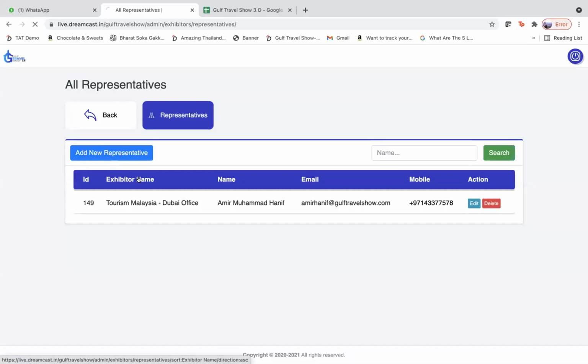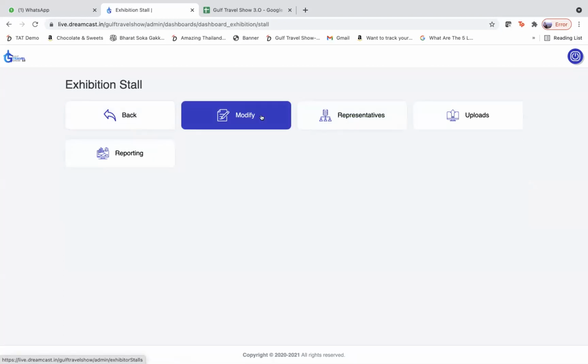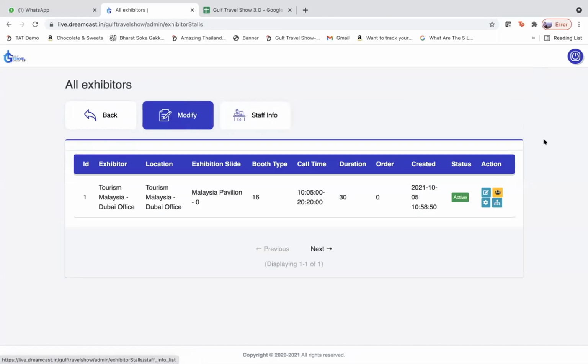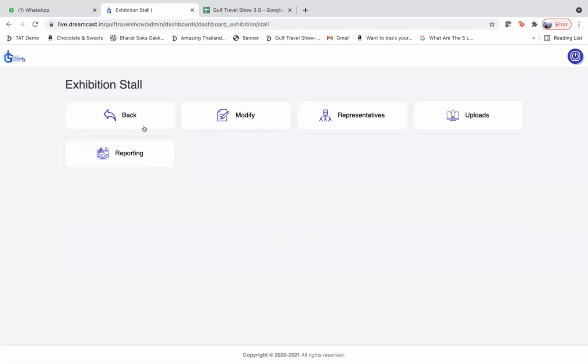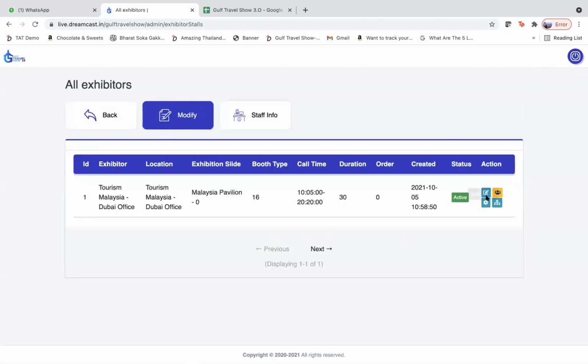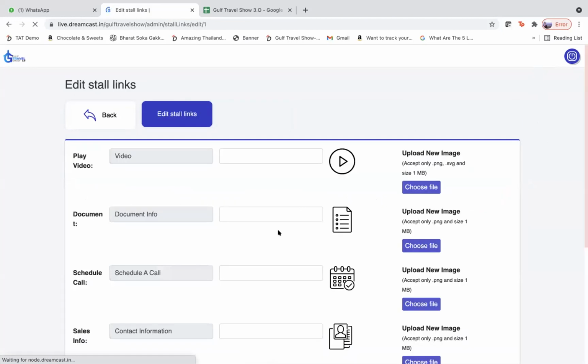Right now, in this particular modify section, there are a host of things. Using these three small blue icons, you can add representatives here. I'll go back. In the stall links, you can add the stall links.